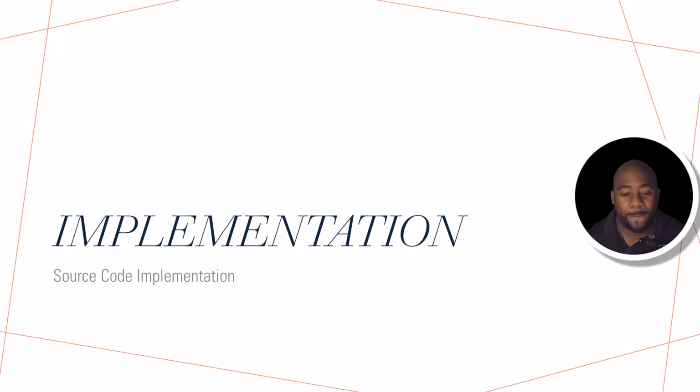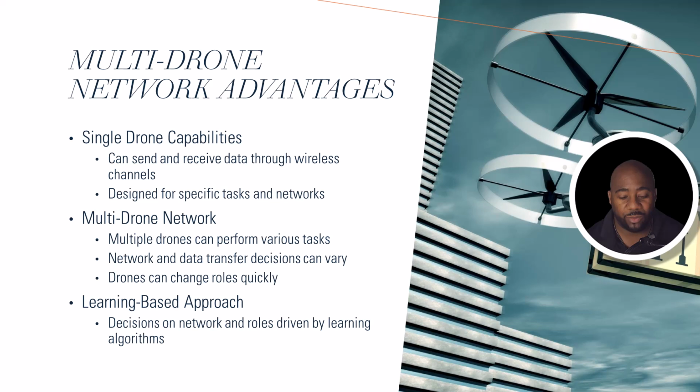Okay. So the first thing I want to talk through is a little bit about the difference between a single drone network and a multi-drone network. A single drone network is where you have a single drone flying about taking pictures, and it may be fitted with a mobile device or some type of Wi-Fi or Bluetooth connectivity sensor or mechanism that allows you to connect to some wireless network.